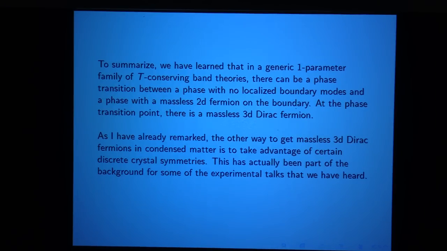I'm not explaining how to do this, but apart from adjusting a parameter in a time reversal conserving theory, you can actually naturally get massless 3D Dirac fermions because of certain discrete crystal symmetries. What happens would be slightly surprising to most particle physicists. It was slightly surprising to me. As a relativistic physicist, you'd want a chiral symmetry to explain why a Dirac fermion is massless. But in condensed matter, you can't just assume chiral symmetries. The only symmetries you have are lattice symmetries, for example, discrete rotation symmetries.